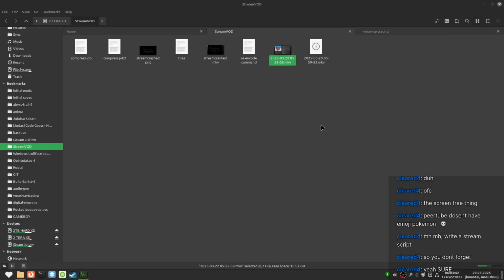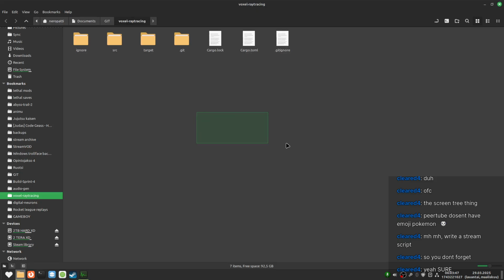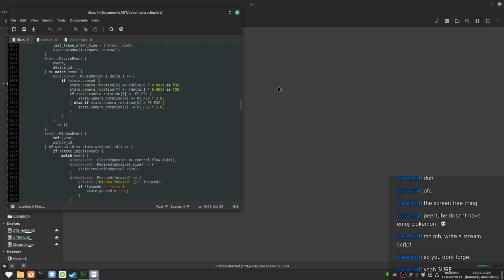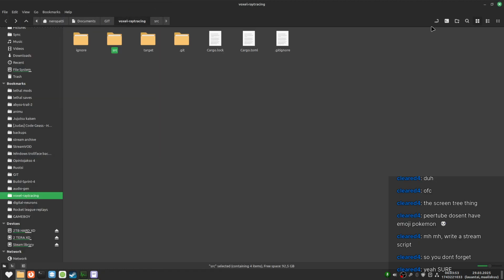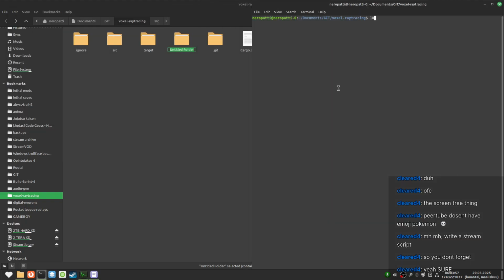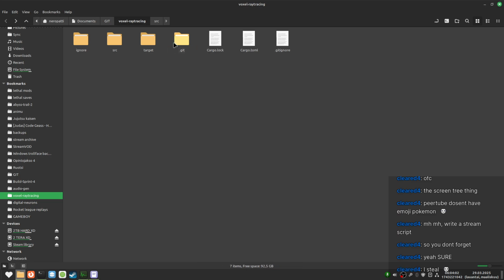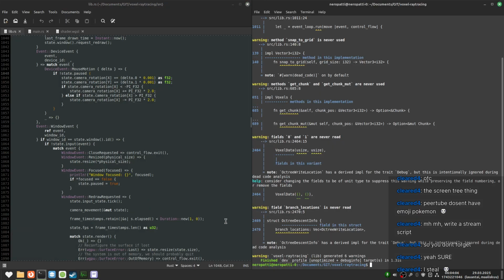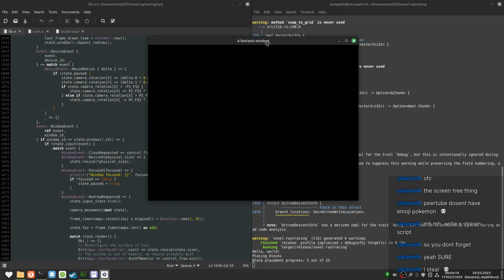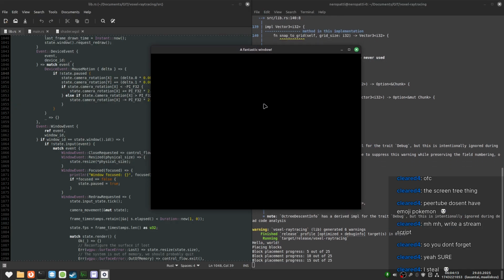Anyway. Close that, close that. And we go into the wonderful world of our Voxel project. Well, my Voxel project. It's not yours. Don't claim ownership. I just created a new folder. That's awesome. Let me close that, or delete that, rather. Exactly. Anyway, if I run the current project, I can show the current state of things.